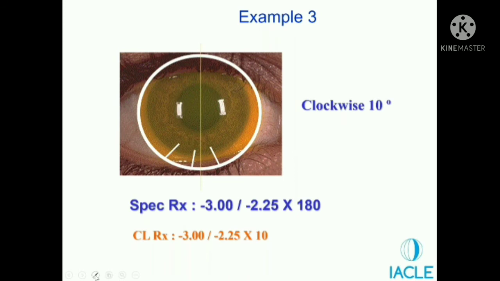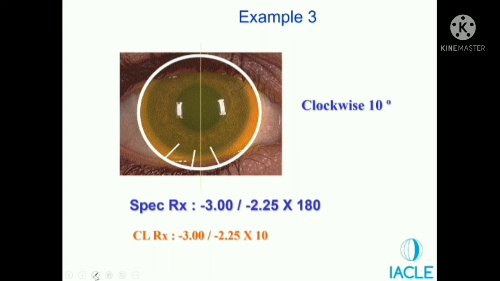Leave it. So spectacle axis is 180. So we want this lens to act at 180-degree axis. Okay. Now, if you put a 180-degree lens, it's gonna rotate 10 degree. So it will not act on 180. It will probably act on 170. Now that will not help the patient see very, very clearly.